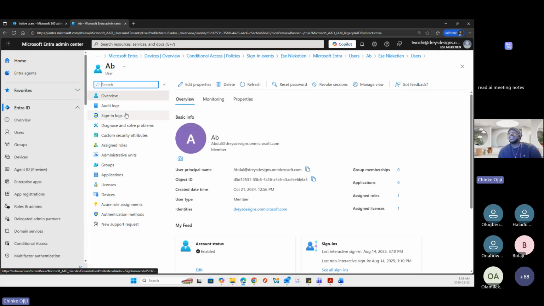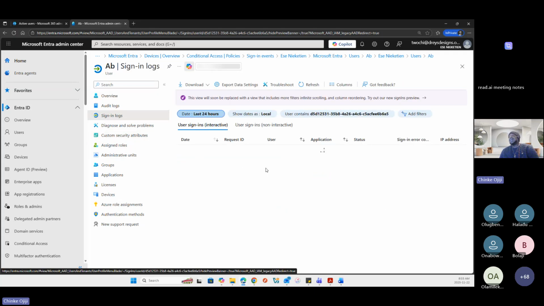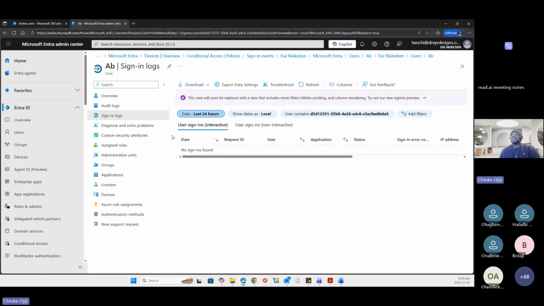So we've looked at audit logs, look at sign-in logs now, right? We're talking about sign-in logs here when I was showing you in the overview. Monitoring. You can use this to monitor a user to know when a user signed in, where the user signed in from, the IP address, if conditional access was enabled, and then the authentication requirements as well. So this is a go-to for any security person, right?